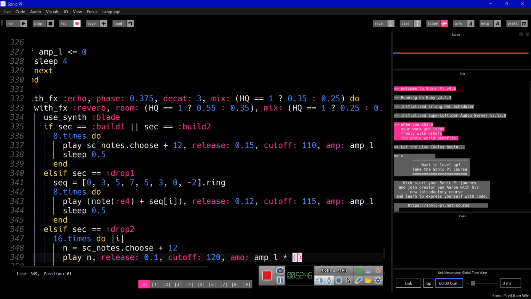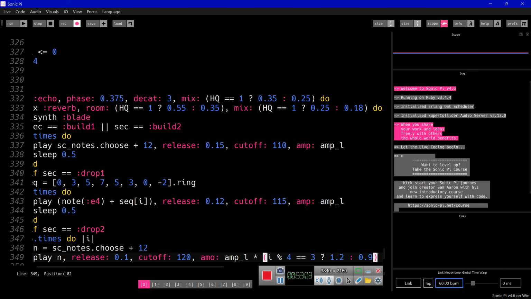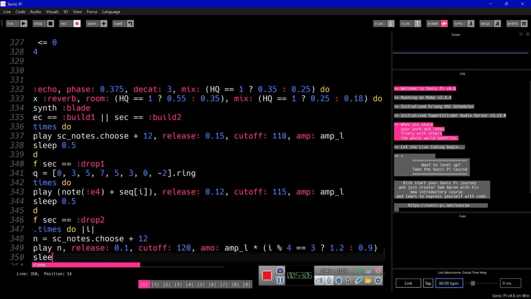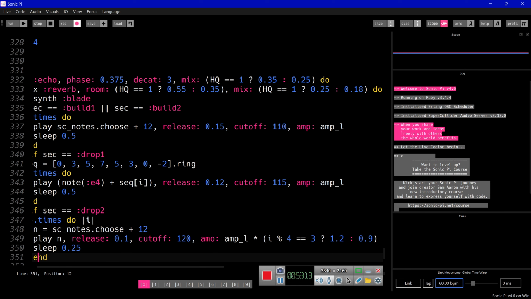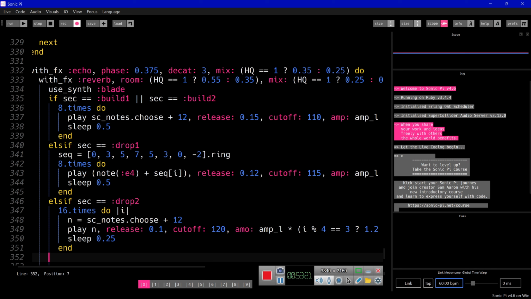this is complicated, so the remainder of the division of i divided by 4 equals 3, and change the value from this one, 0.9. Then we have a quarter sleep, and we end the 16th block. Then we have the final else